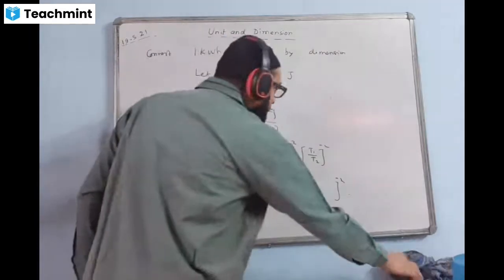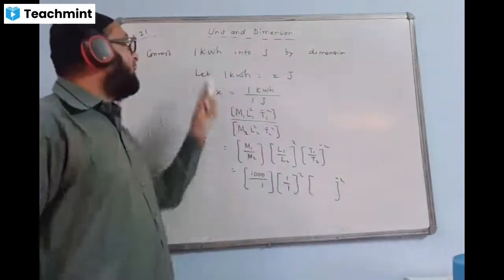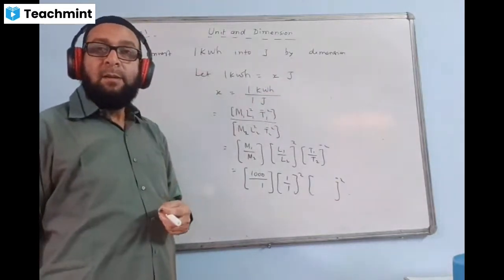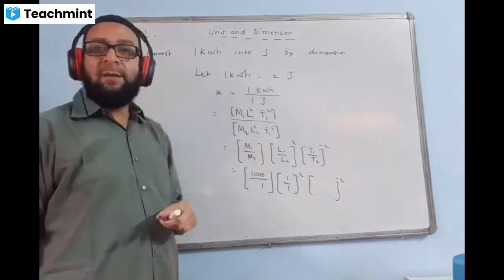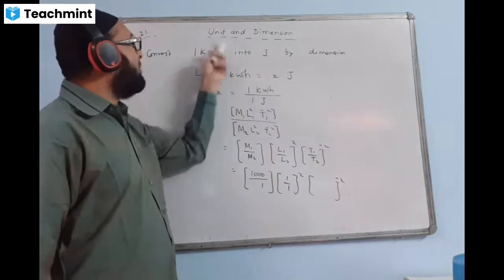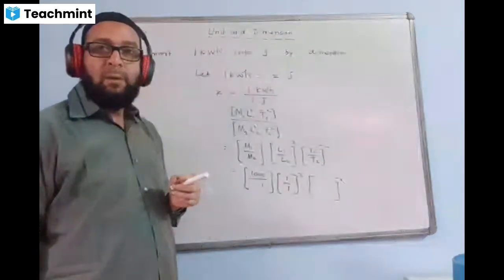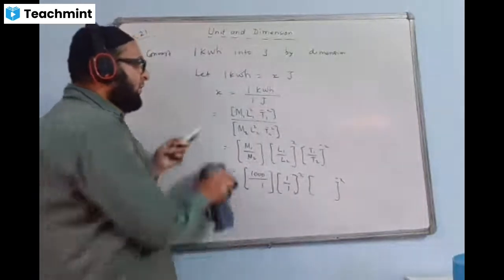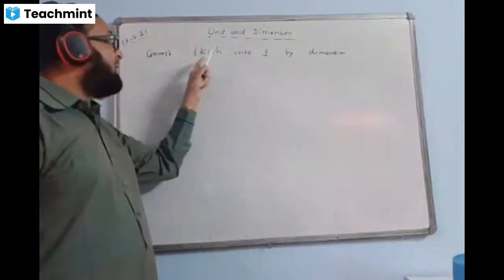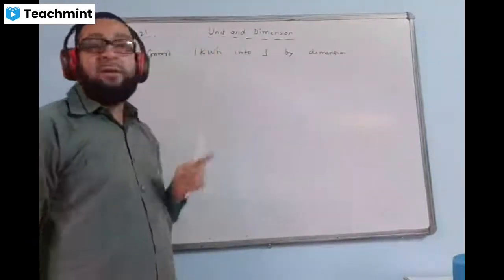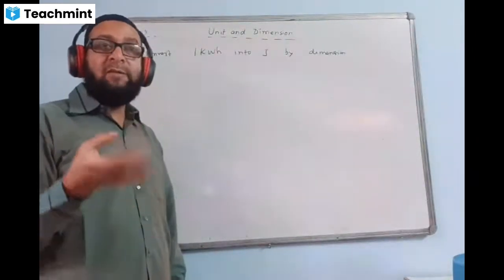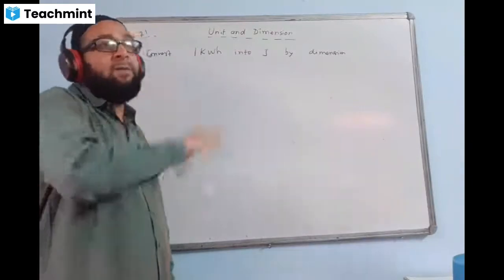Actually, see this question. We can convert one system into the other system. System-wise, we can convert. Like SI system to CGS system, we can convert. CGS to MKS system or FPS system, we can convert. But 1 kilowatt hour is not a particular system of unit. So we will not do it by the method of dimension here. That we cannot do. We have particular systems like SI, MKS, CGS, FPS, and only those we can convert into the other system.